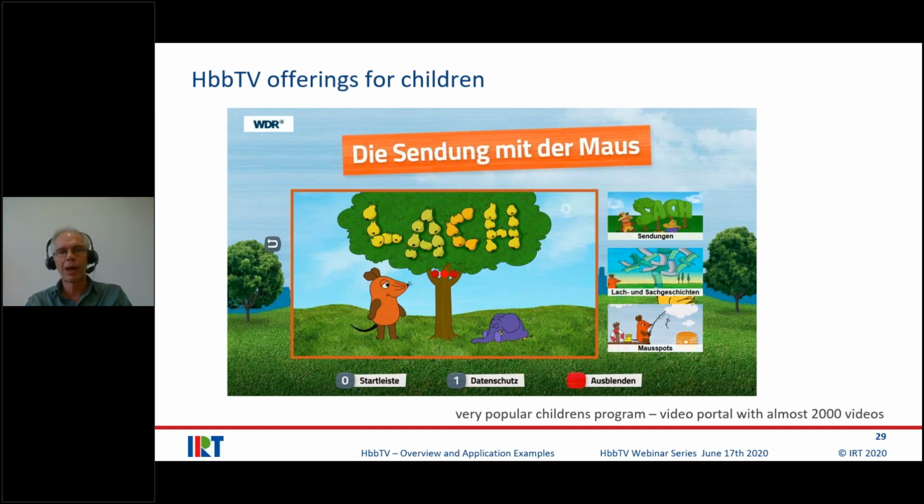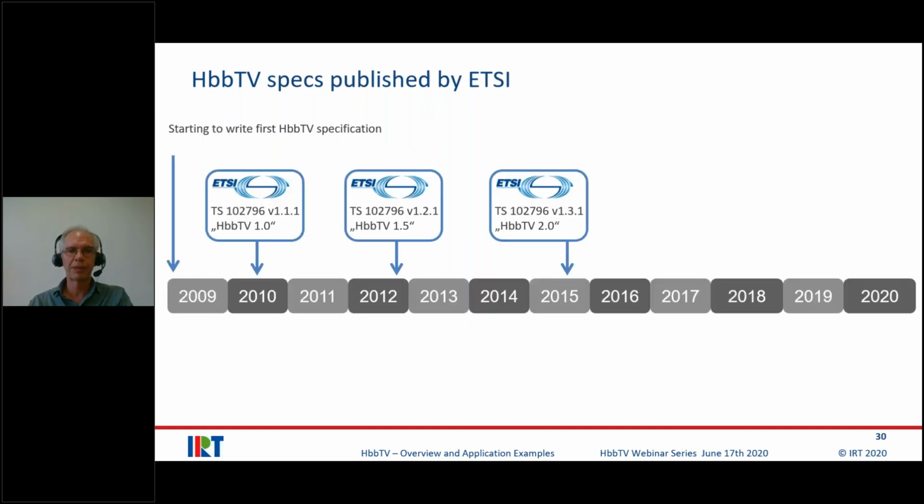And as one example, I have here also an example from Germany, from the WDR Mouse, a very popular program, and it's a video portal with almost 2,000 videos. So you can see here a good potential for entertaining children via HbbTV as well. So far, for a number of usage variants of HbbTV, mainly as it is today, as it is dominating the